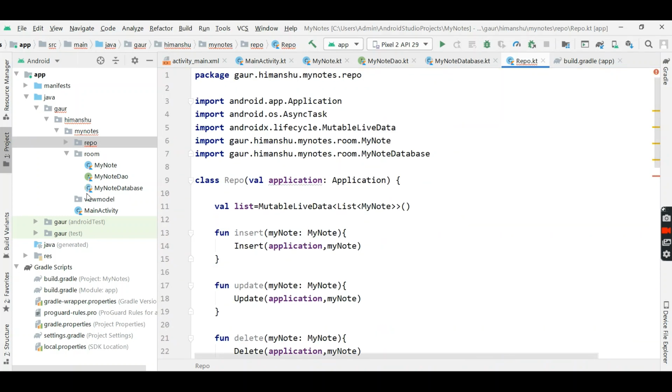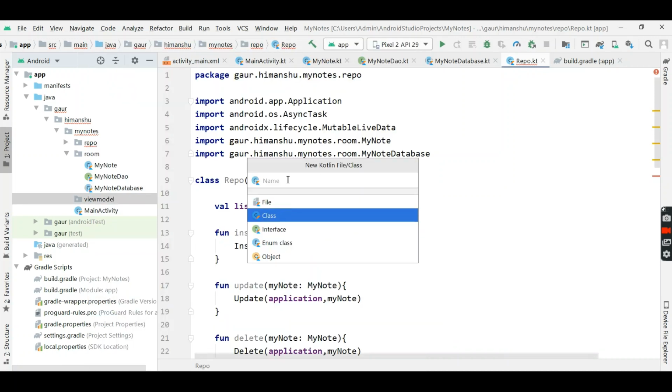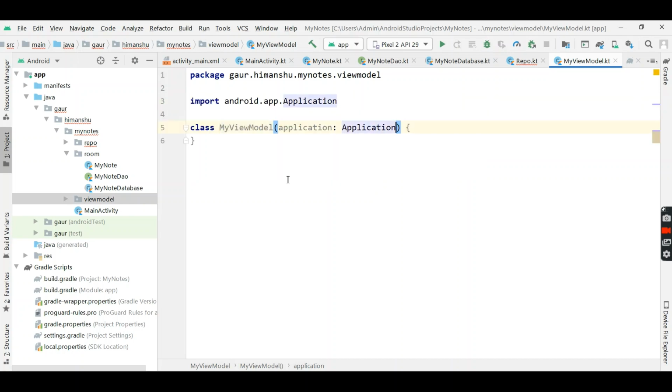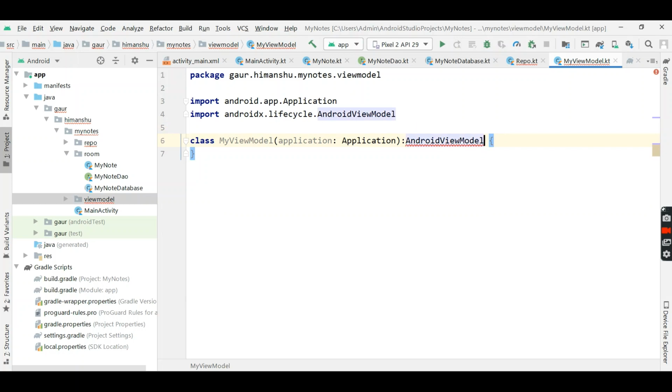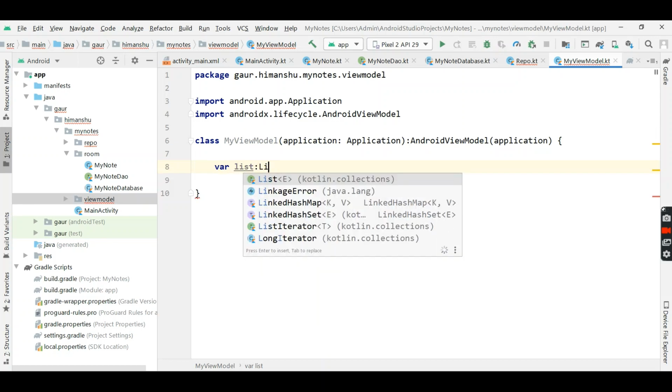Now I'm going to create our view model. So make a class and name it my view model. Okay, now I will take an application and extend with Android view model and pass this application. So I need to create a variable which is of list of live data.